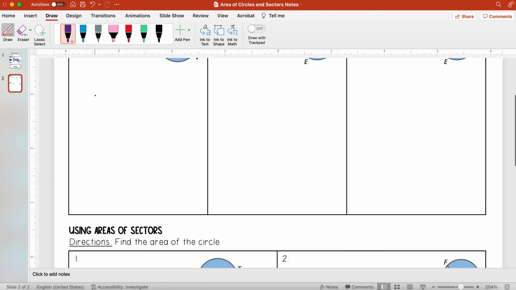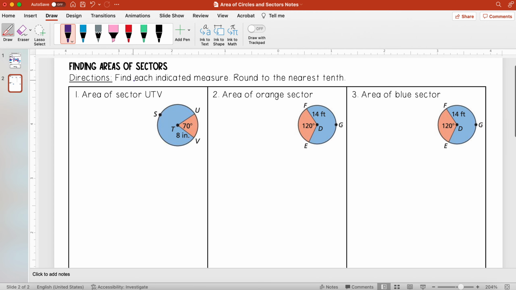So let's go through a few examples. I want to find each indicated measure, and I'm going to round to the nearest tenth. In this first one, I want to find the area of sector UTV. My sector UTV, just following the letters, is going to be the orange sector. And so I know from my formula that the area of sector